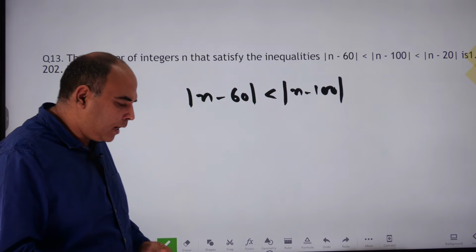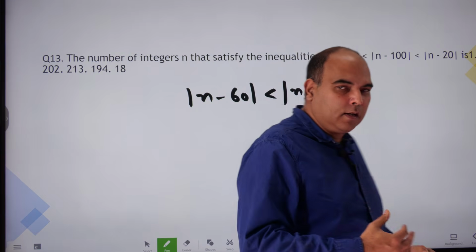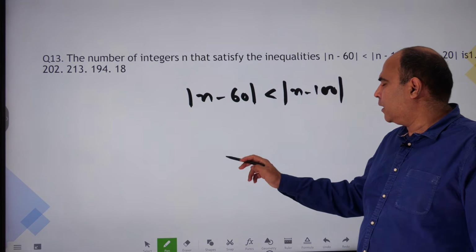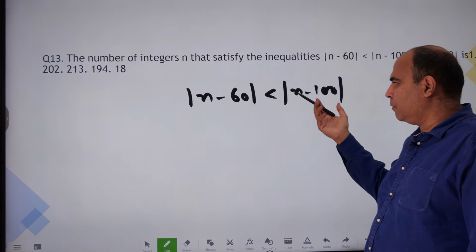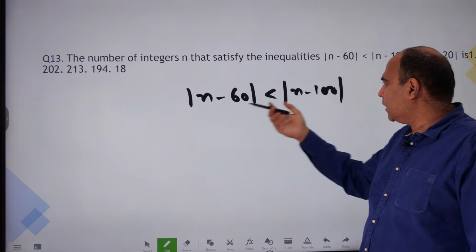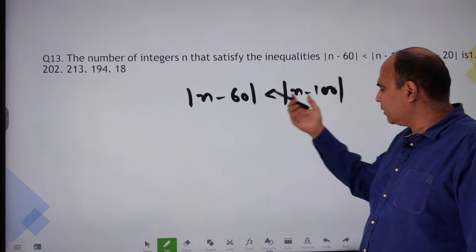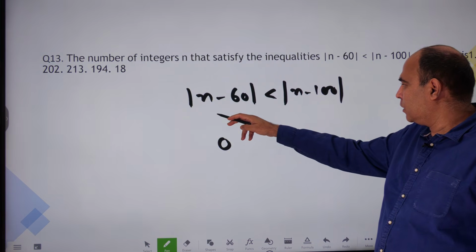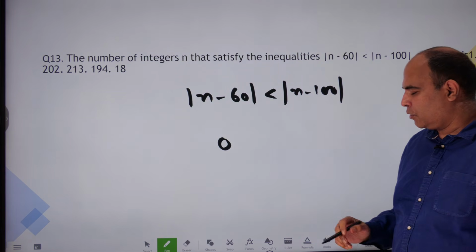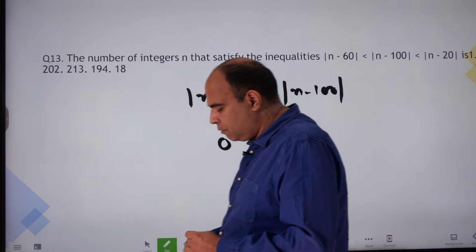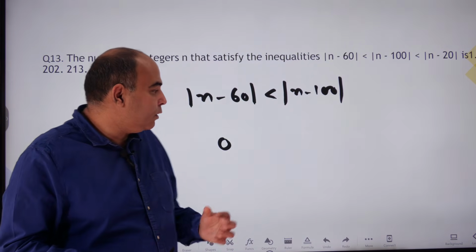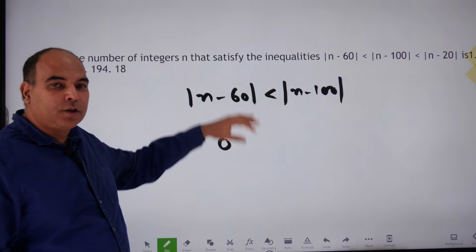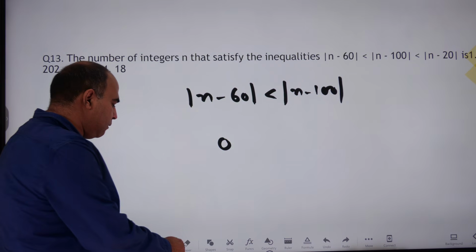So once that is clear to you, what you start doing is you start taking values of n below 60. If you take, for example, at 60 this will be 0 and this will be 40, at 59 this will be 1 and this will be 41, at 58 this will be 2 and this will be 42, at n equals 0 this will be 60 and this will be 100. So you pretty much realize that when you are taking values of n less than 60, this expression is always satisfied. Even if you go to negative values,